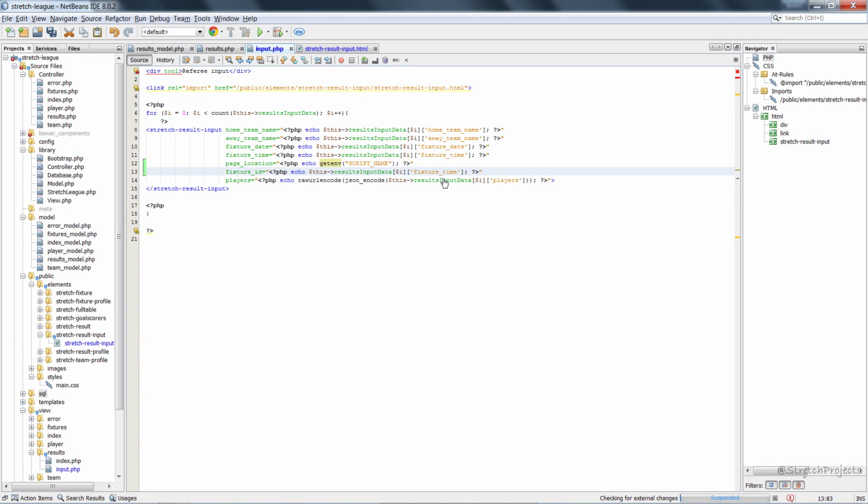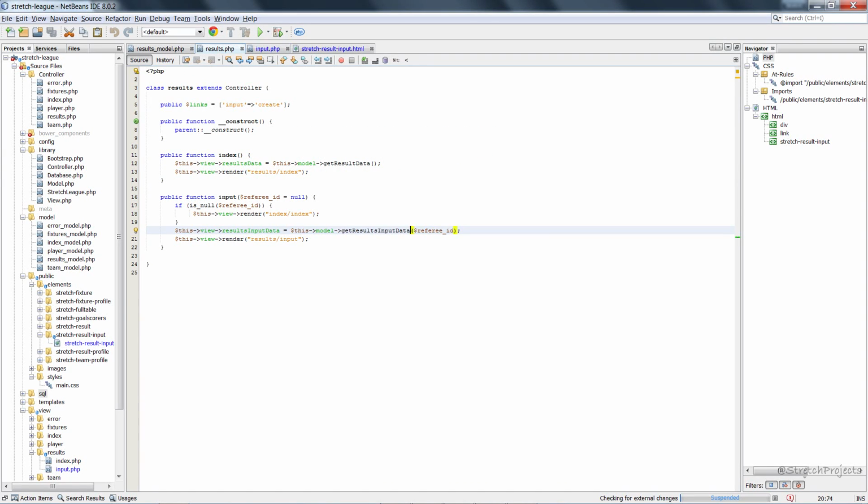And this time the specific variable that we want to pass across is fixture ID. And this will make it easier for us to specify the exact fixture that we want to update with the goal details later on. So the next thing that we can do is go to the results page,